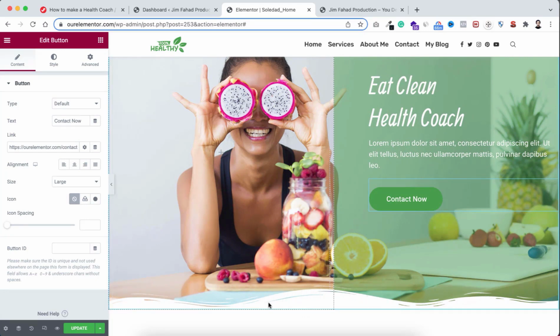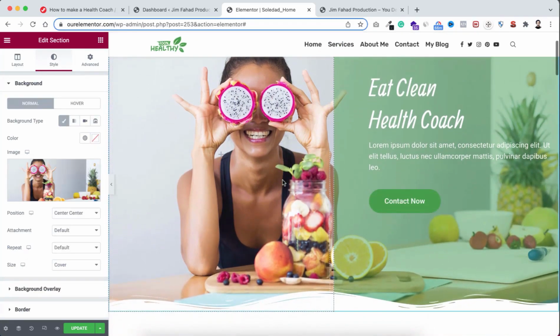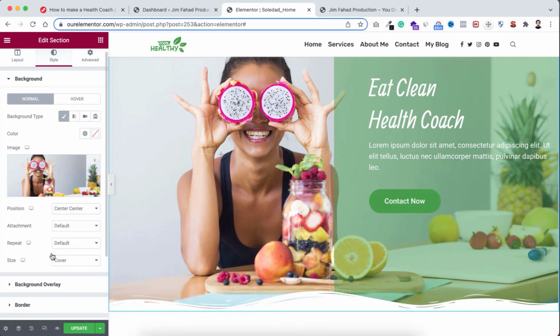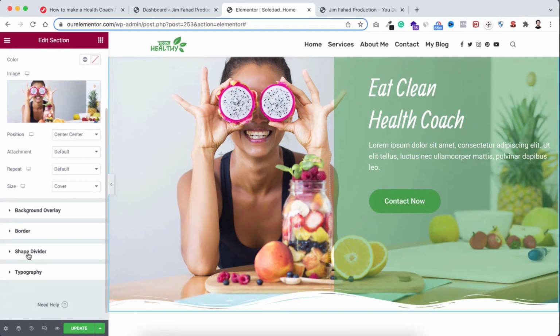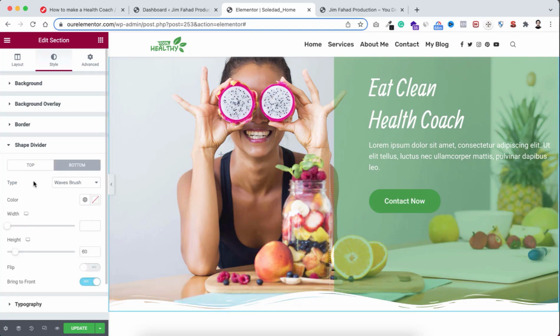So if you also want to play with this wave effect, you just need to make sure you have selected the section. So I'm selecting this section by clicking on the 6 dots. Let's now go under the style tab. From here, if you scroll down, here you can see shape divider. Let's open it. And if we now go under bottom, you see the bottom shape divider is set to waves